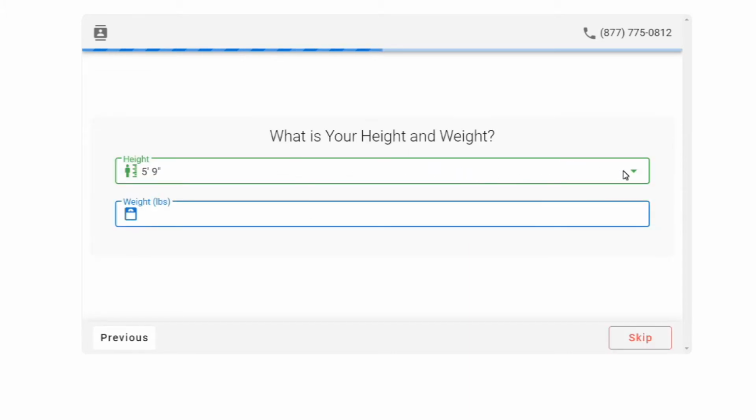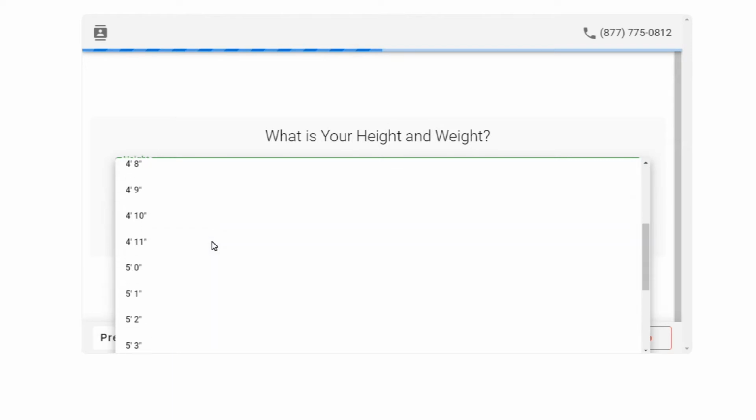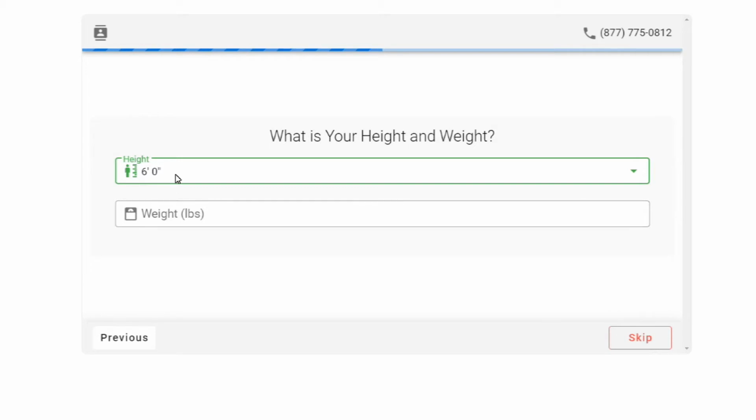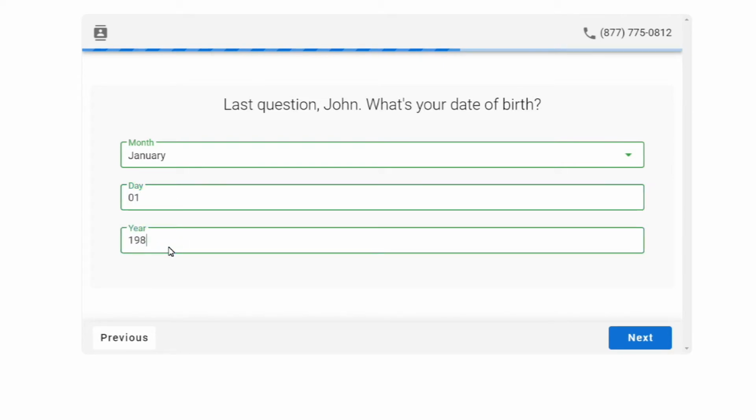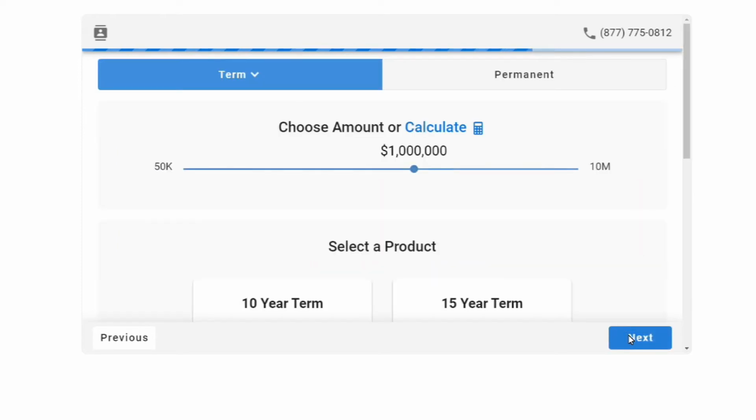It will then take you to another page for your height and weight profile. So once you click on your height, it opens up a new window drop down. You can indicate your height, your weight. Click on the next button to the page. It's going to ask you for a birth date and year in order to pull all the quotes from the various carriers. Once you've entered that information, you simply click on the next button,